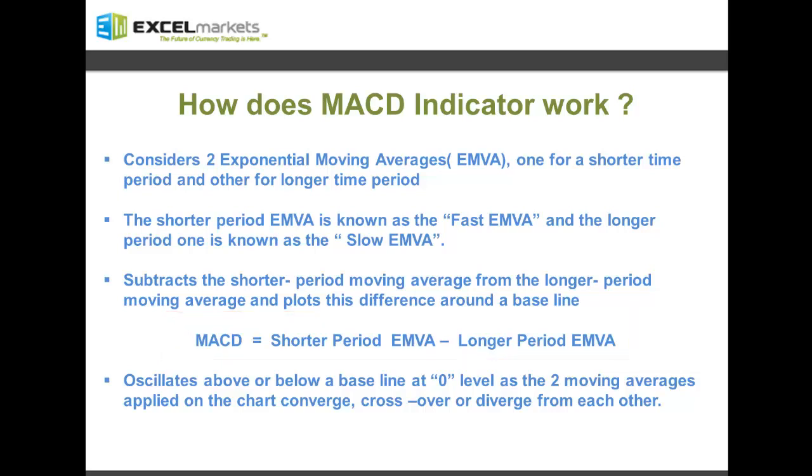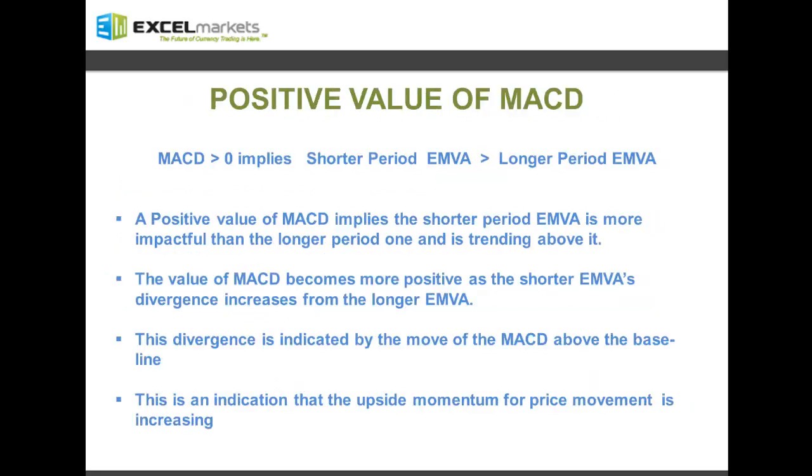Then, based on the value of this difference between the two moving averages, it oscillates above or below this 0 baseline as the two moving averages which have been applied on the chart converge, diverge, or cross over each other. Since the MACD is the difference between the value of the two moving averages, it can either be positive or negative. We shall consider each of these scenarios one by one,